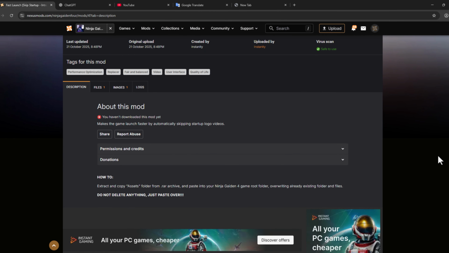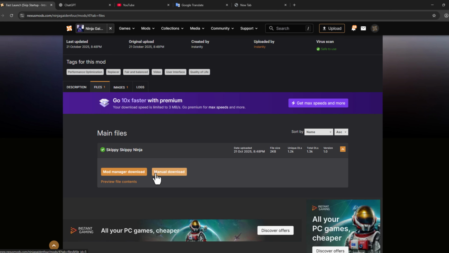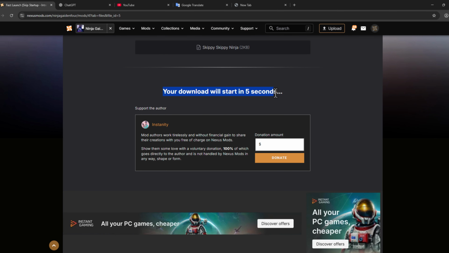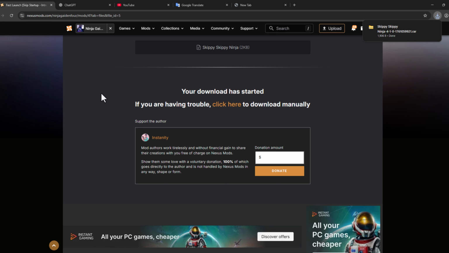Just scroll down and go to files, select the manual download option, and select the slow download option and it will start downloading. If you are new to this site, then you will be redirected to the login page. You just need to log into this site, guys. If you don't have an account, then select the register option and create a new account, and it will start